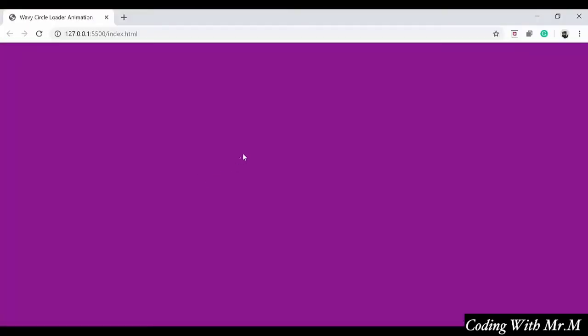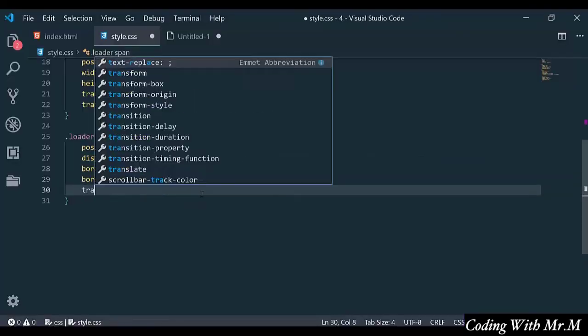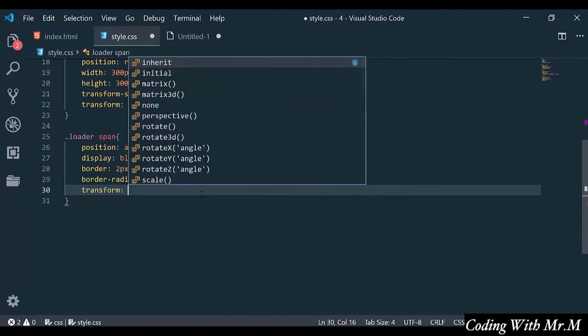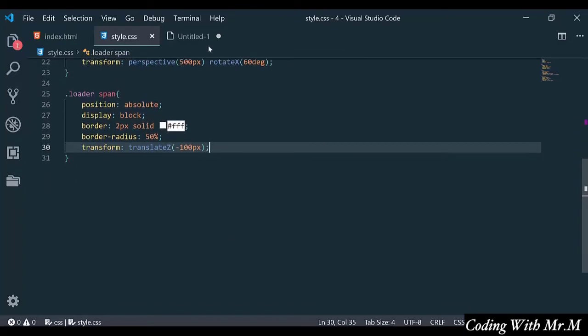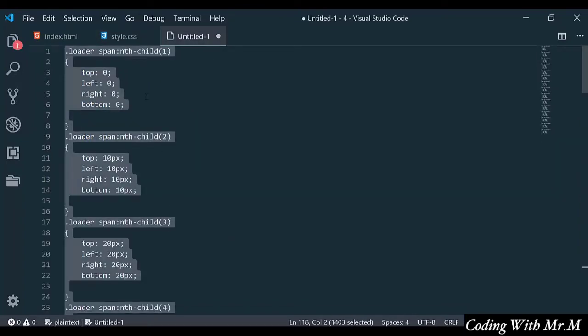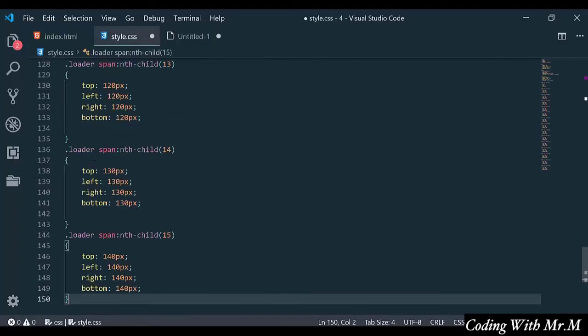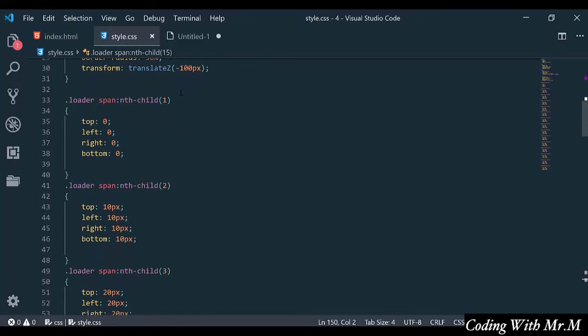So our border, we got a 2 pixel solid white border. And that'll just look like a ring. Border radius 50%, right? Makes it a circle. And transform translate Z minus 100 pixels. Now I haven't given it height or width yet. So what I'm gonna do is, I wrote out all this code before, because each one of them has a different